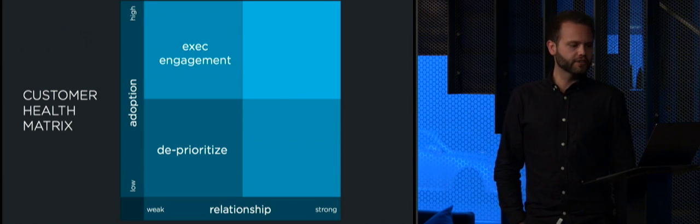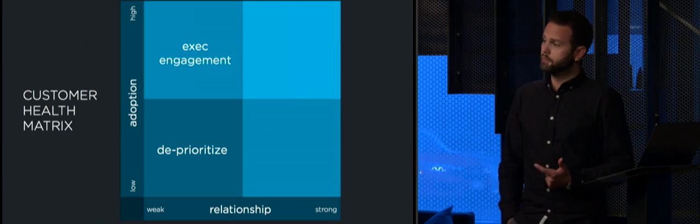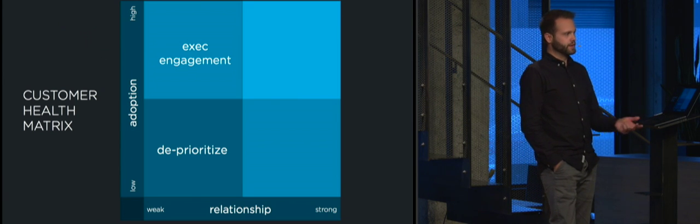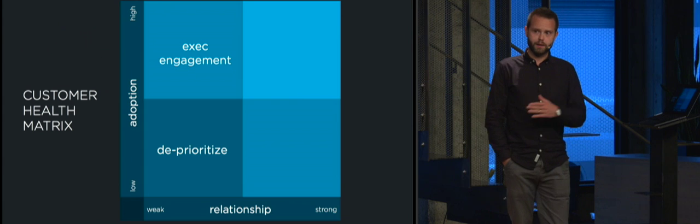At the top left, though, these are customers who are demonstrating a lot of adoption. So there are advocates there, and they're using Keen for probably a specific use case, but we don't have very broad coverage at the executive level. And so in this case, it's playbooking around executive engagement. Let's get our CEO on the phone with their CEO. Let's go over there. Let's talk to them. And let's see if we can go high and wide on the account and drive more adoption into other business